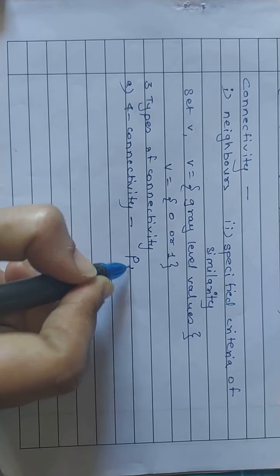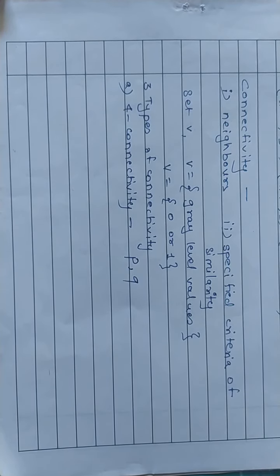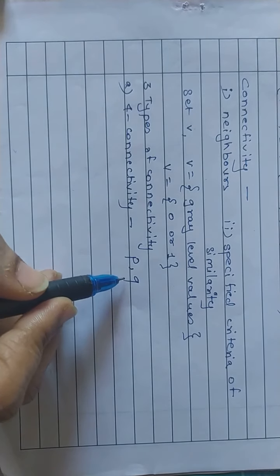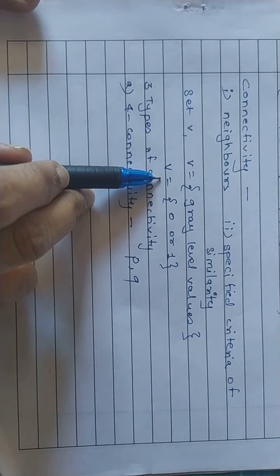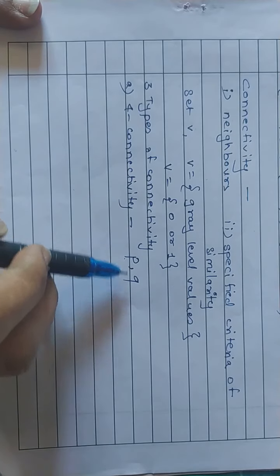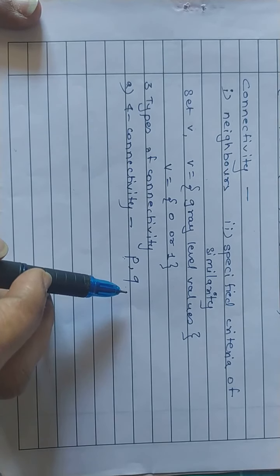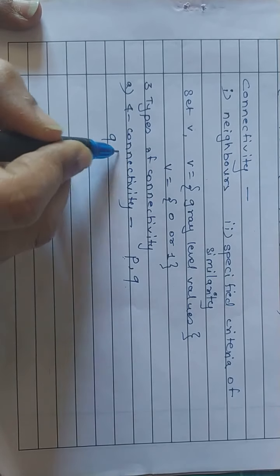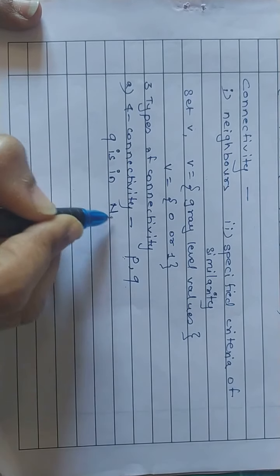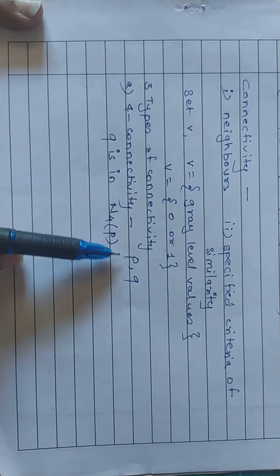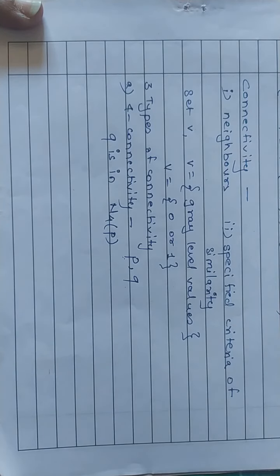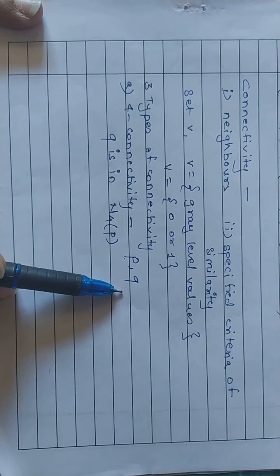So we have to consider two pixels, P and Q, and the values of those pixels must be present in this set V, and we can call those two pixels 4 connected if Q is in N4(P). That means Q should be a 4 neighbor of pixel P,